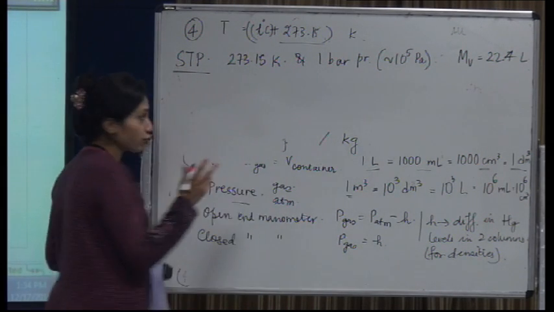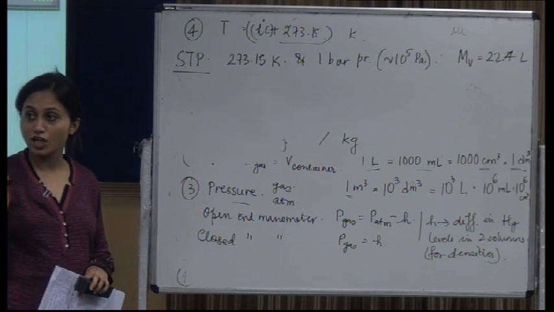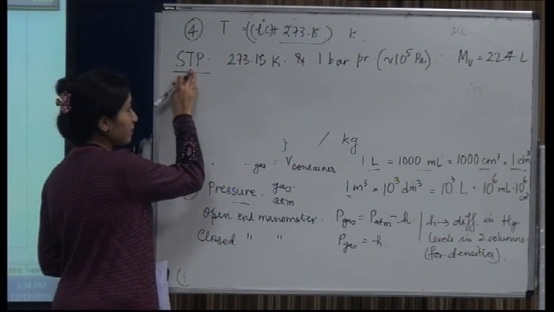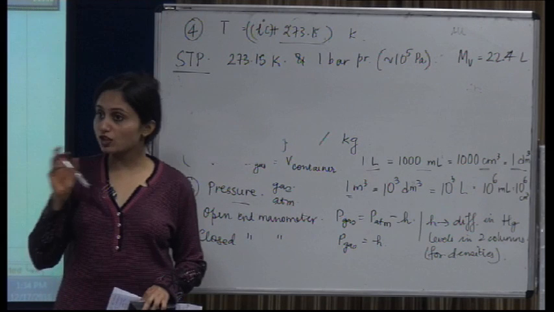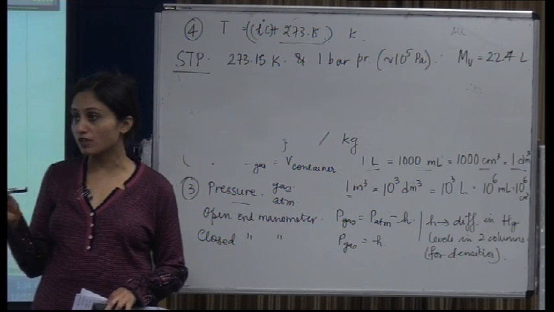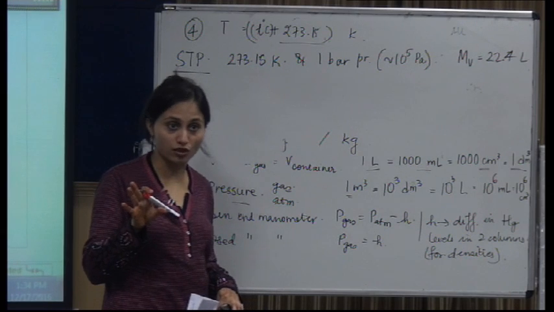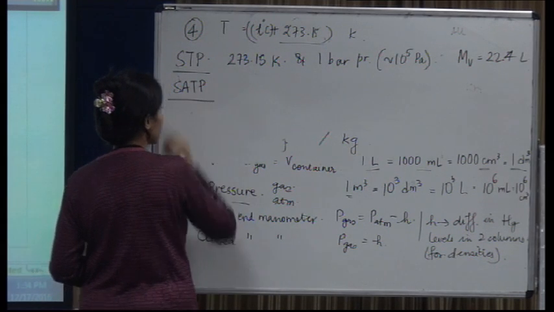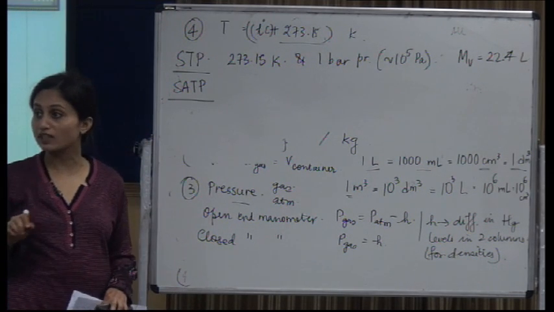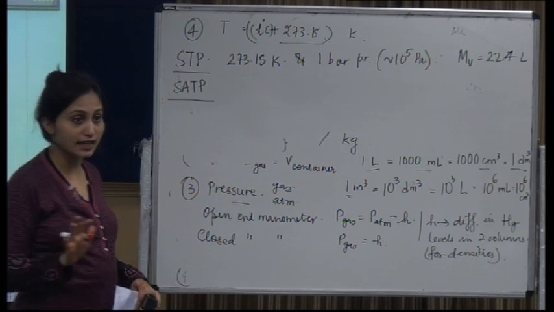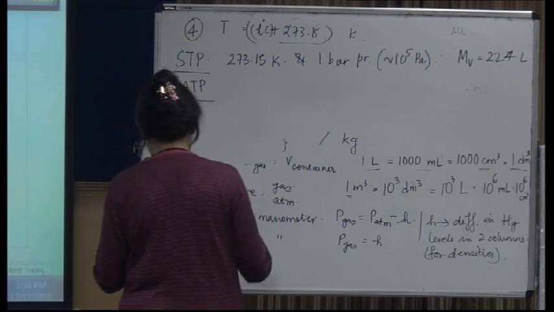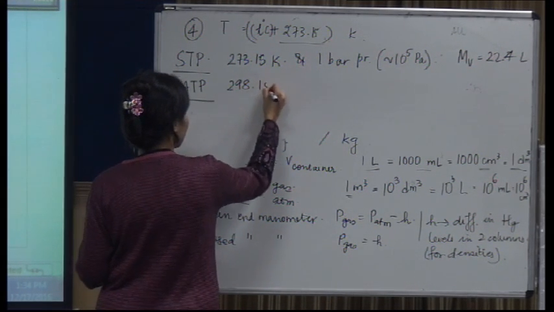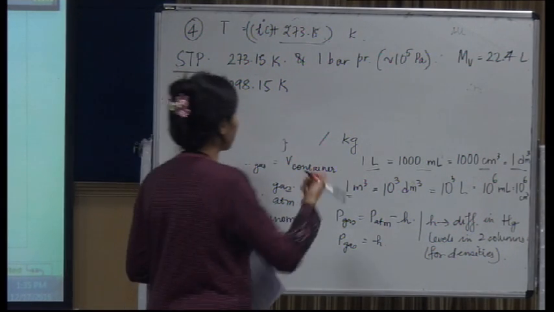Now there is another condition which is sometimes referred to in numerical problems, which is standard ambient temperature and pressure. STP or NTP is considered to be the same. STP is standard temperature pressure, NTP is normal temperature pressure, which you take as 0 degrees Celsius and 1 bar pressure. Now in case of standard ambient temperature and pressure, your temperature is taken as 25 degrees Celsius, which is normally the room temperature. Please remember that. That is, the temperature is taken as 298.15 Kelvin. I just simply add 25 to it, and 1 bar